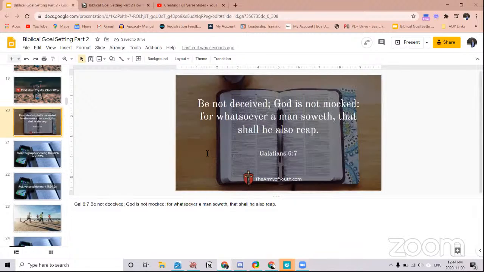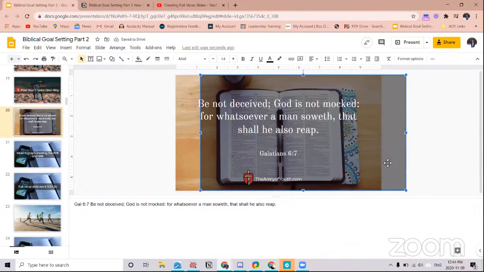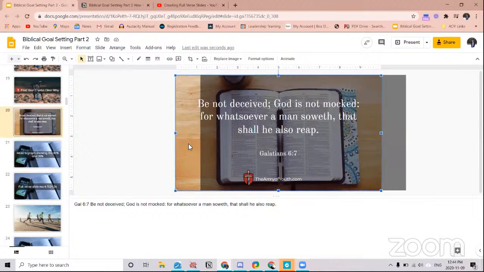Once that is done, all that's left is finding a photo. We put this dark filter over it because a lot of the photos are too light. Have we showed you how to find a photo before? I know in one of the videos that you made, there was this website where you find free photos. Unsplash? Yeah, I think it was that one. It's a really good website. I really like using that one.